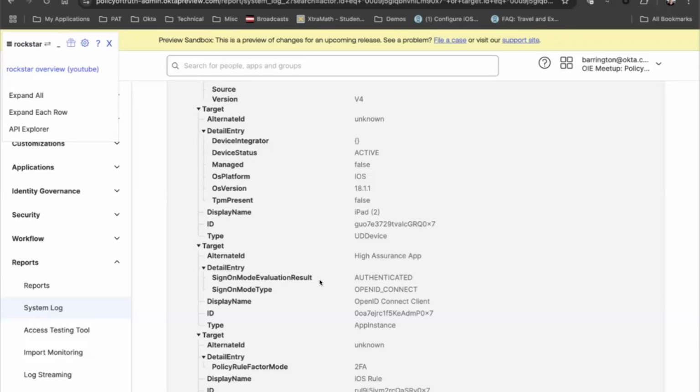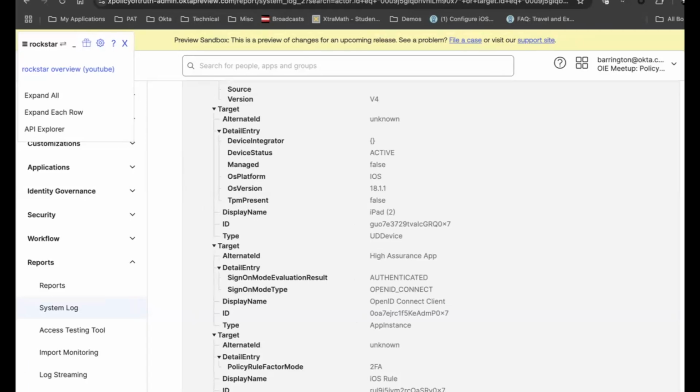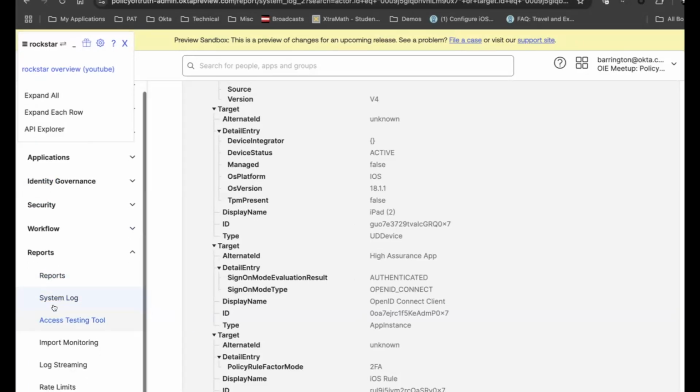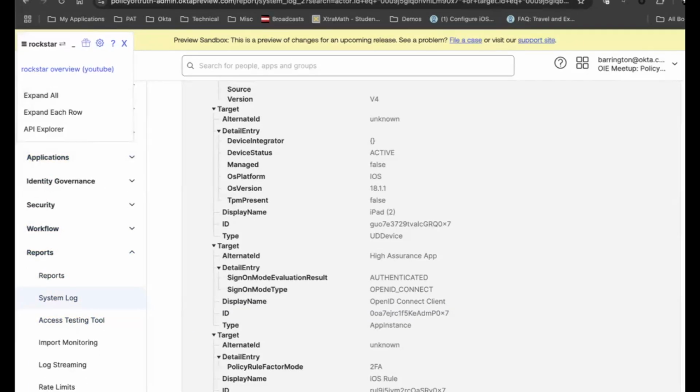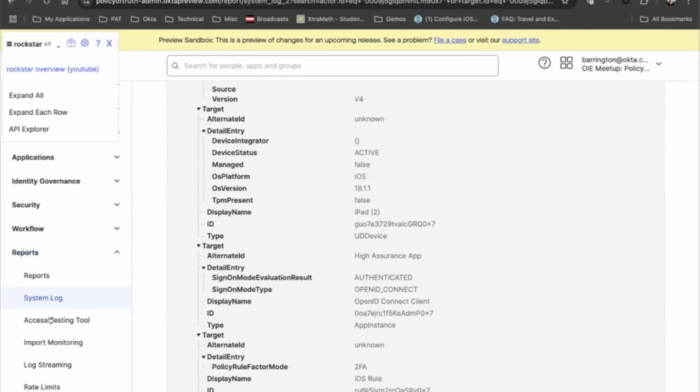Now, if you don't have a grace period, or if you're past the grace period, then the access would automatically be blocked at that point. Well, actually, I'd say that it'll be blocked based on your catch-all, right? So if we go back and look at our policy, sorry, I have to keep moving windows around because I'm blocking my view here. If we go back and look at our policy